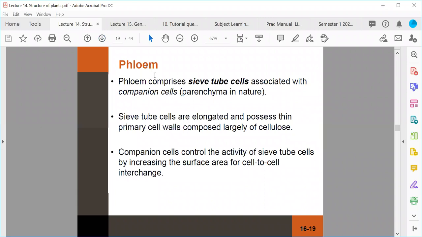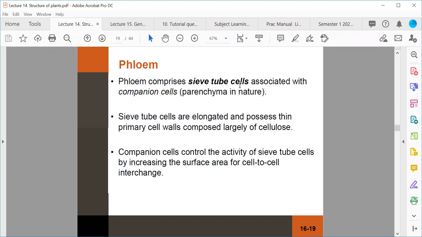Moving on now to the phloem. So the phloem is also part of the vascular system, and it comprises specialised cells called sieve tube cells. And these sieve tube cells are responsible for the movement of the products of photosynthesis through the plant. And they are living cells, but they are associated with helper cells or support cells called companion cells, because sieve